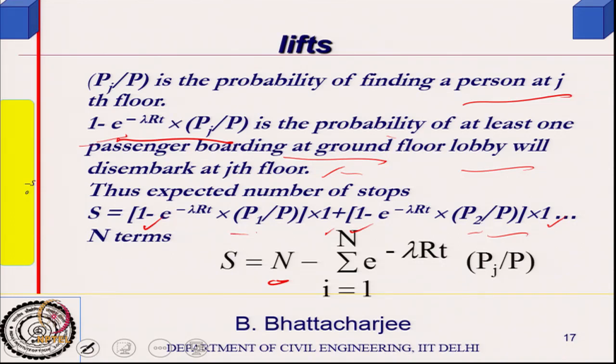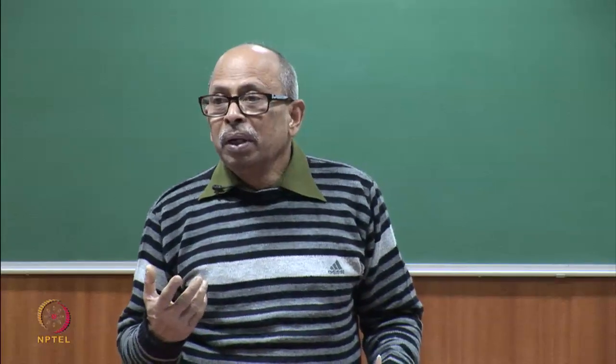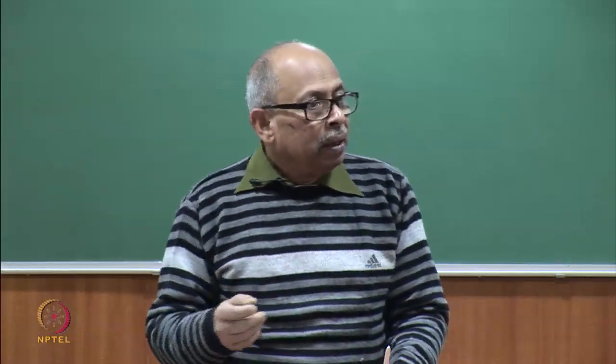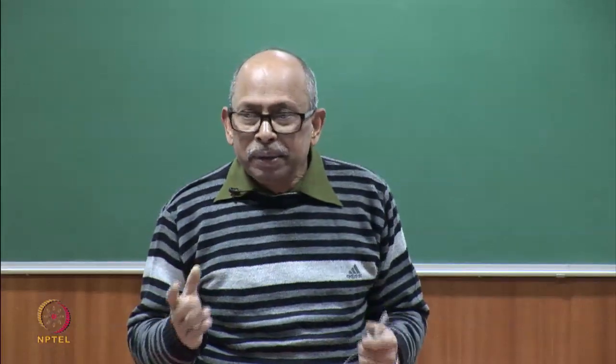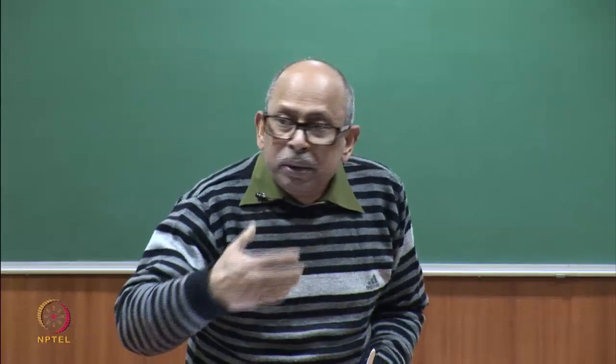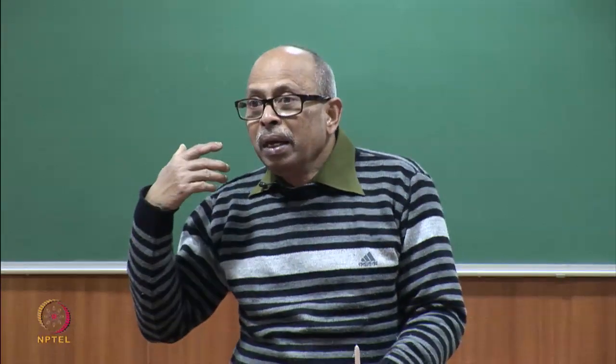And this I can sum up as i equals 1 to n, because n is the total number of floors served, e to the power lambda RT, this term, and this would be P j going from 1 to n. For all of them I should sum it up. So, that is the probable number of stops if we are calculating on the basis of Poisson's process. The formula remains the same, RT is the same, by definition it is the same, except that the only thing we are changing here is that we are assuming it to be a Poisson's process rather than a heuristic way by which we calculated